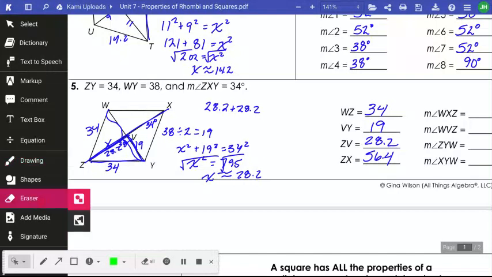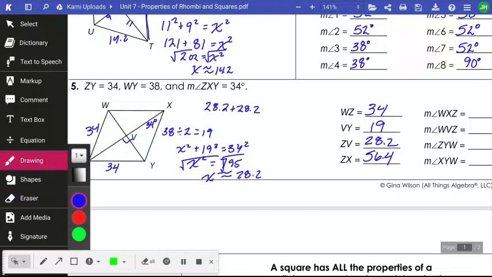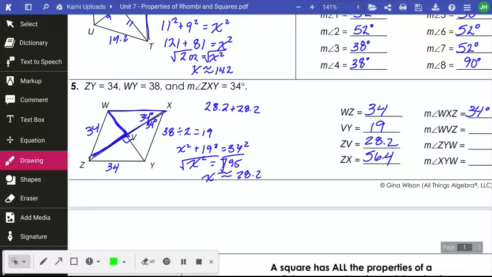Now, moving on to our angles, I'm going to get rid of some of the segment stuff so I can focus. First is WXZ. And WXZ is this here. And we know that angles are bisected, so this also has to be 34. Next is WVZ. WVZ is here. And we know that diagonals are perpendicular, so it has to be 90. Then we have ZYW,